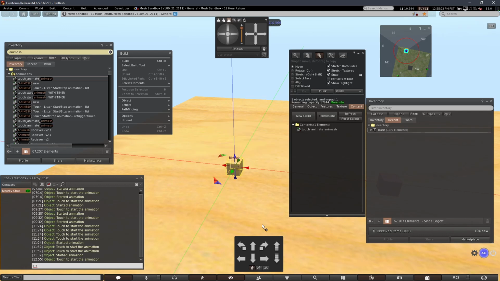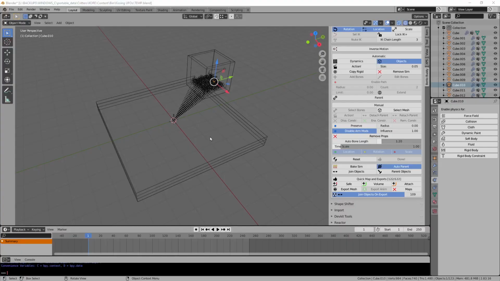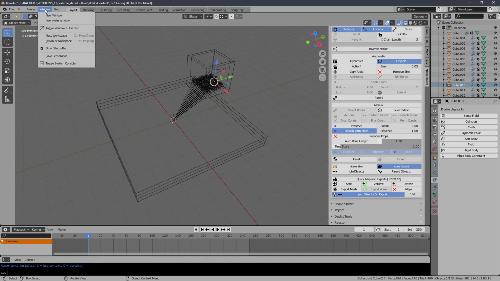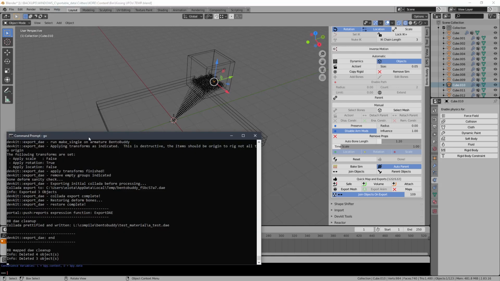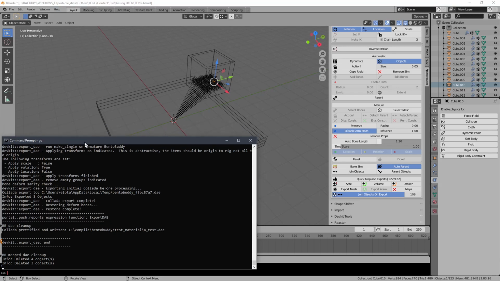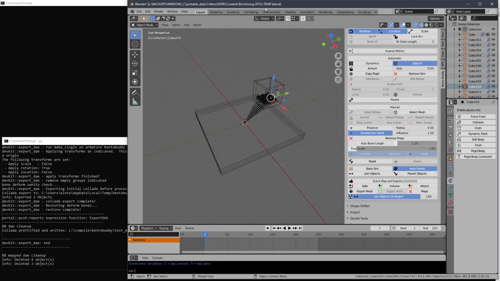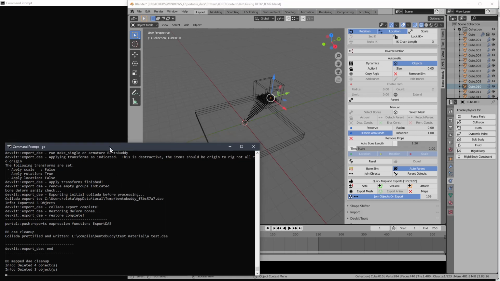It's too large. Alright, let's go fix that. So I'm going to show the output of this here, so you can see how to check. It used to pop up a dialogue, but I think there's something goofy happening in the newer version of Blender. The dialogues are popping away before you can read them. Anyway,